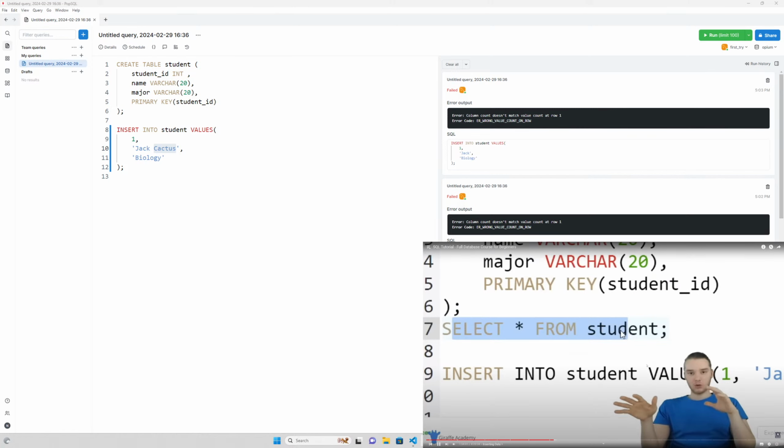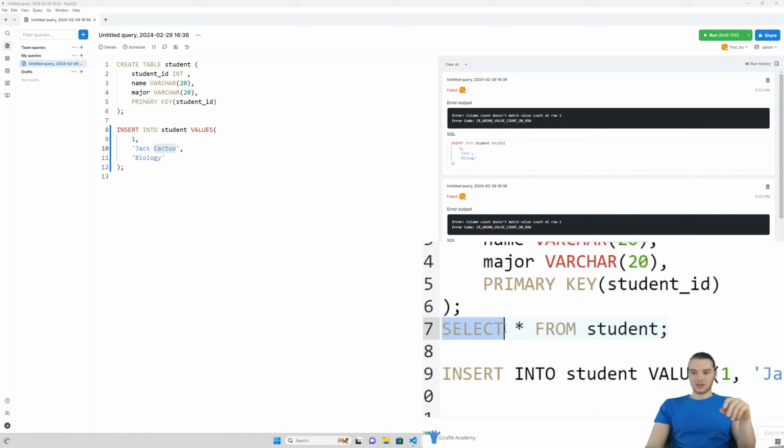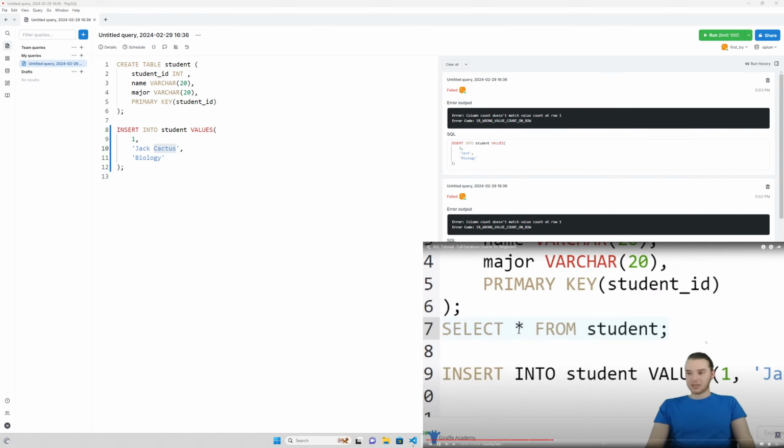We're actually going to spend a whole tutorial just talking about using select. But for now, just know you can type select asterisk from student. And this is going to go ahead and give us all the information from the student table. So I'm just going to